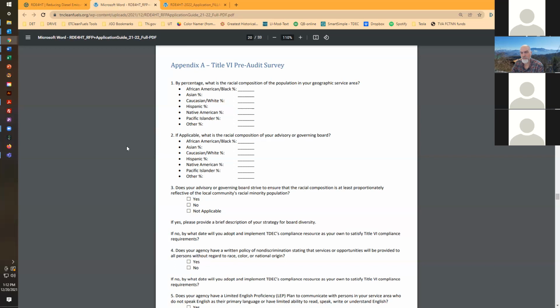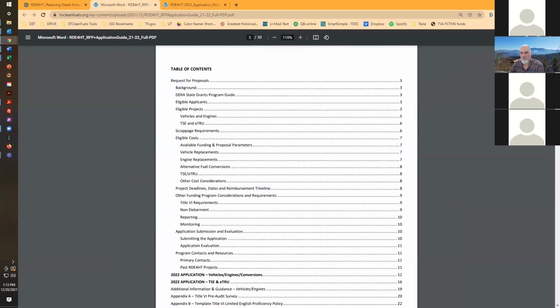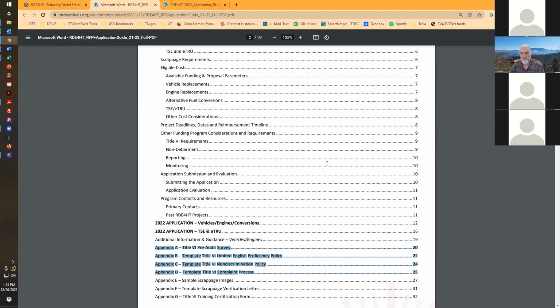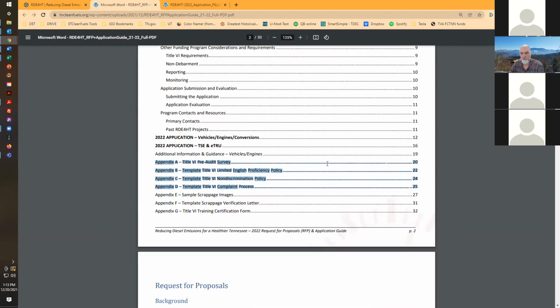There are templates there for three different types of Title VI policies: one pertaining to non-discrimination policies, one on how your organization provides assistance for limited English proficiency customers and employees in your area, and one on what the policy is for receiving Title VI complaints from employees and customers. Those are three policies that we at the state are required to check that our applicants have within their system